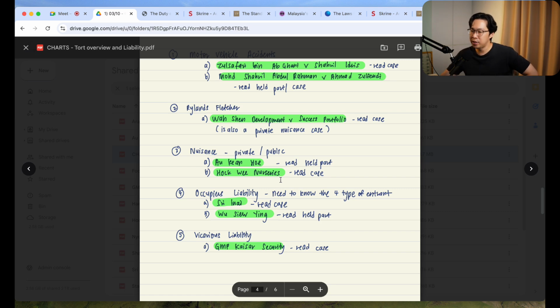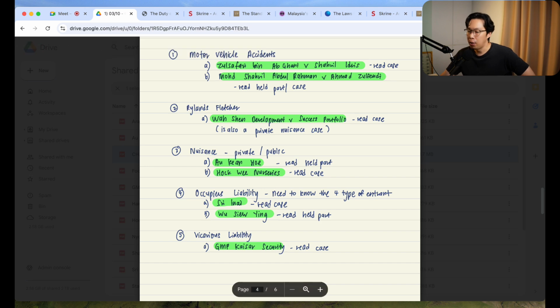Now, if you look at Rylands and Fletcher in your study manual, what is it about? There's something escaped, okay? Okay, dangerous. So normally, it's like